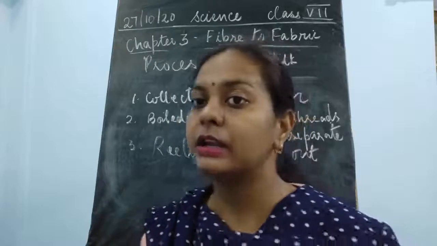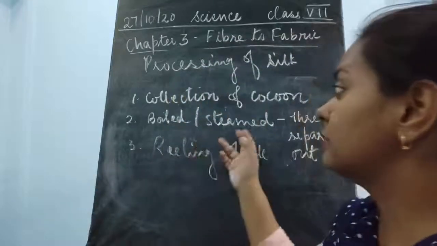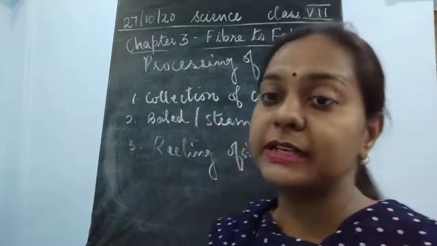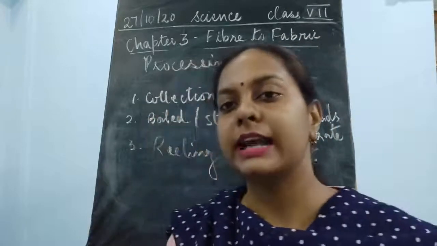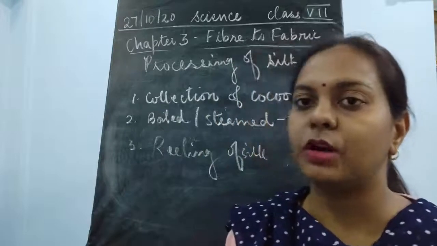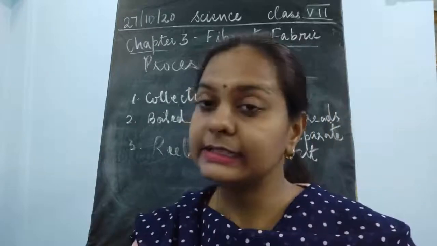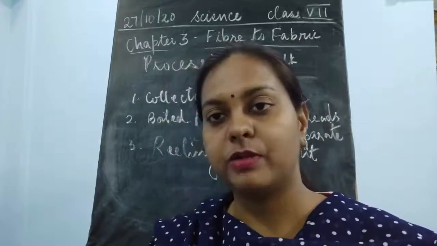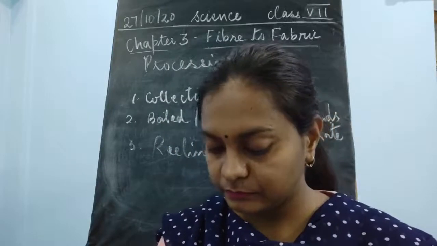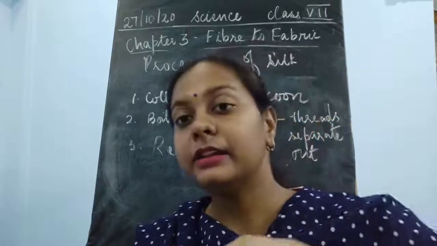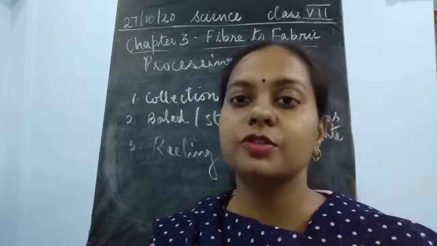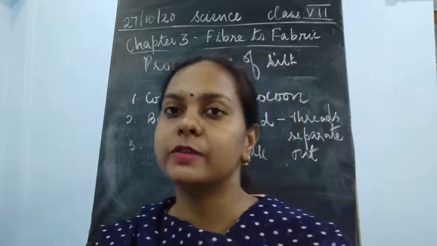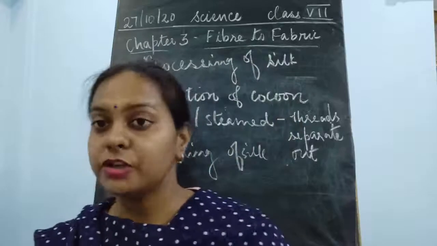As you know, boiling of the cocoon is done for separating out the threads. But accidentally, as it fell into the cup of hot tea, it started separating out on its own because of the hot water. She saw that the thread was very delicate and very shiny, and it got entangled. A long thread was there which had a shiny appearance.